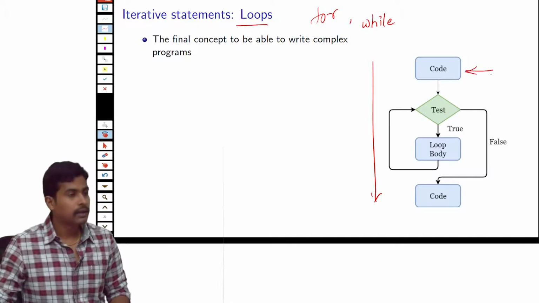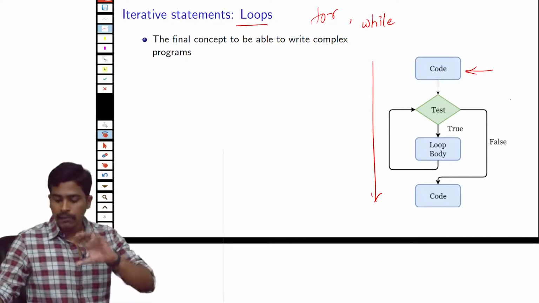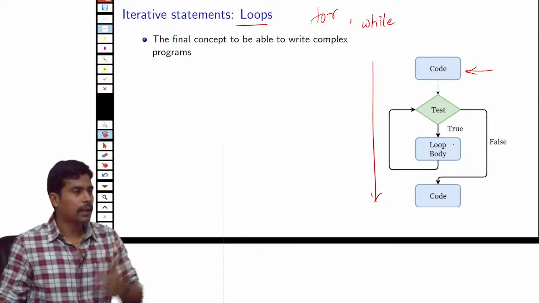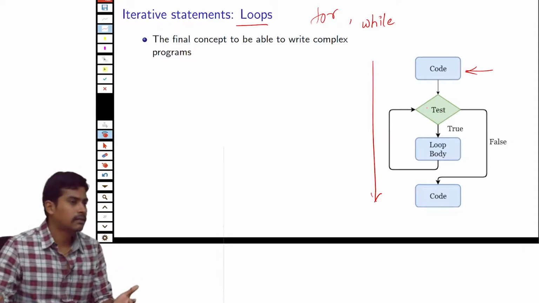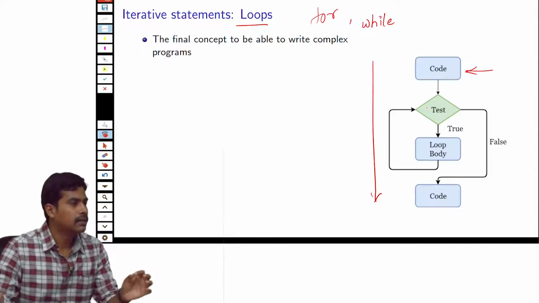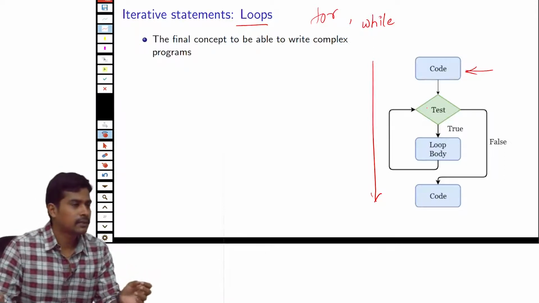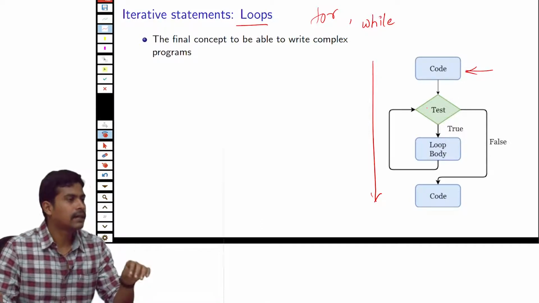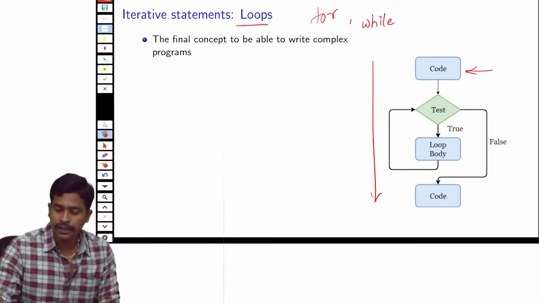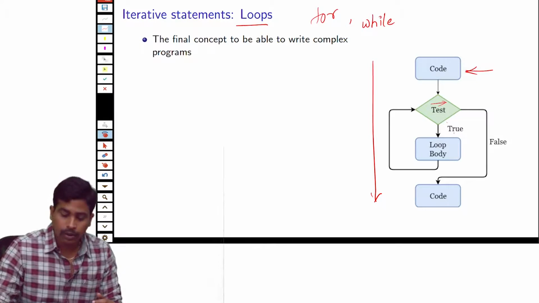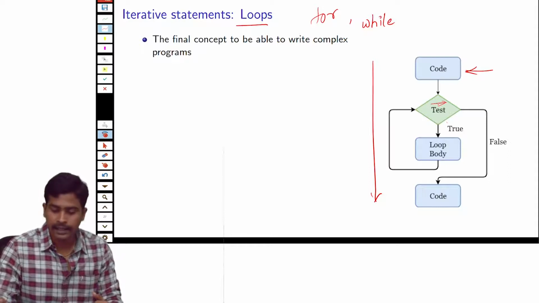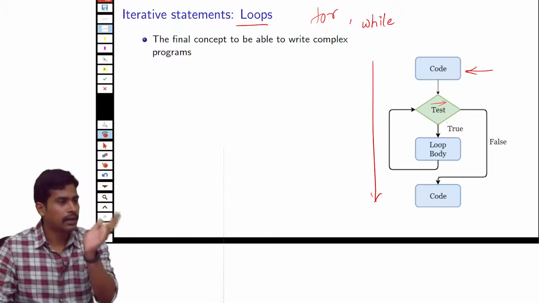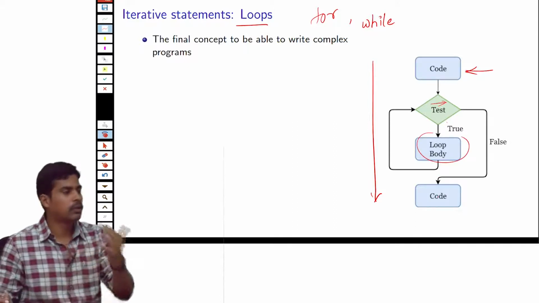So this is how the iterative statements in Python work. You have a block of code, and after it you have another block of code that you want to execute multiple number of times. For example, if you want to run it exactly 10 times, you should keep track of the iteration, right? Whether it is the first iteration or the second iteration. So for that there is a test to see what the iteration number is. Based on that, if it is true, it will go to the block of code and execute the statements, and again it comes back and checks the condition. If the condition is false, it will exit the block of code, and then it moves on to the next part.